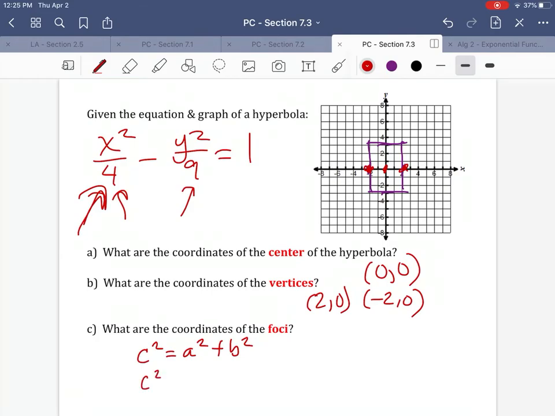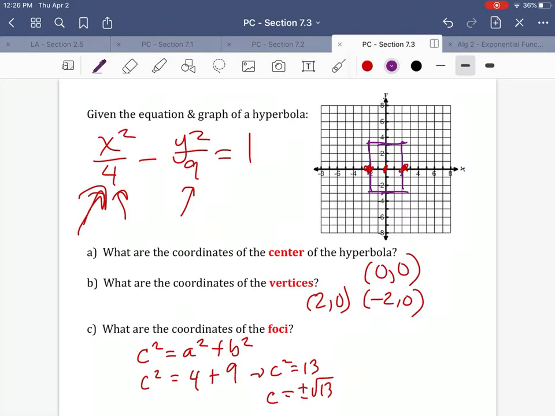So you have c squared equals 4 plus 9. So that is c squared equals 13. So c is the plus or minus the square root of 13. Now, that c value, that is going to be the distance from the center to the foci. So the center is at 0, 0. And my foci are going to be